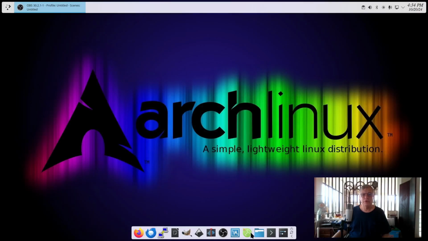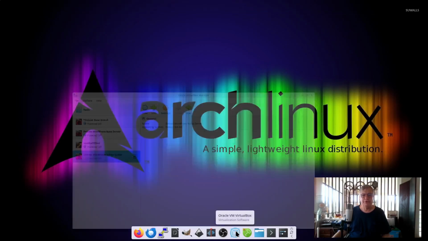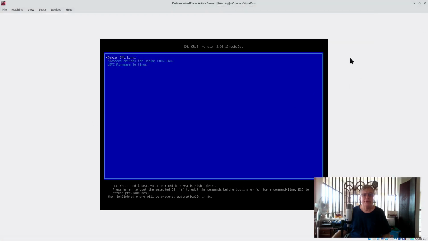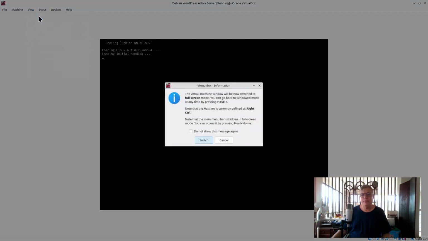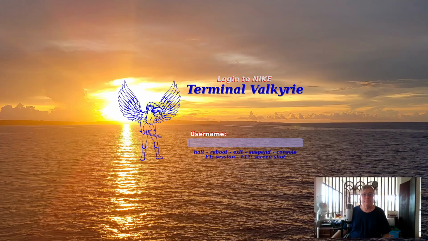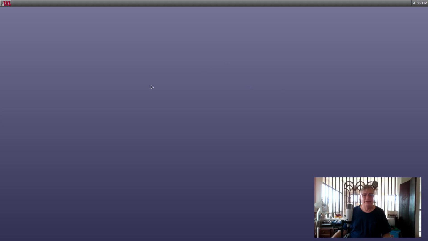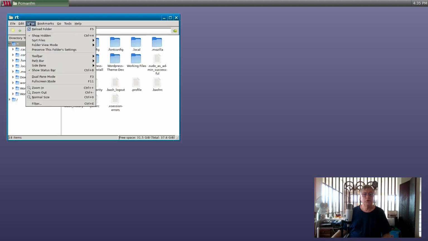All right, let's get things going here. We'll kick off by launching Oracle's VirtualBox Manager and then launching our virtual machine. Then we want to shift to full screen mode, and once we get into the virtual machine, you'll see I've added a graphical login terminal, which we didn't have last time. This is a Slim fork, which is a fork of Slim. I had to actually compile this one myself, as Slim is way outdated and this Slim fork is up to date. So anyway, we need to log in as a regular user,